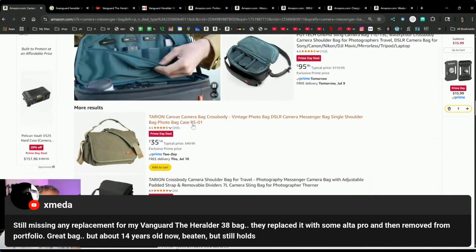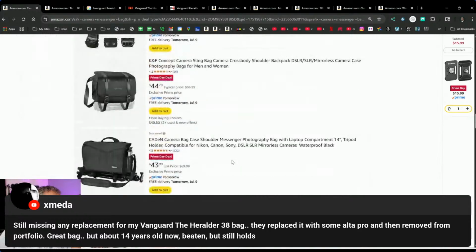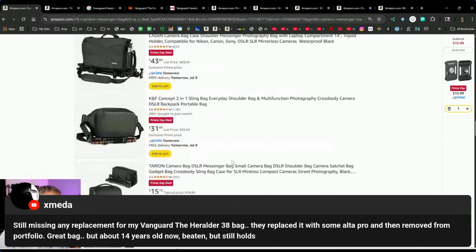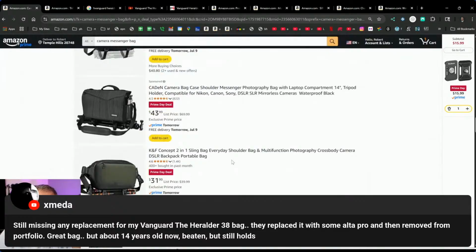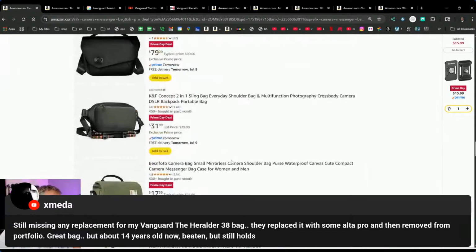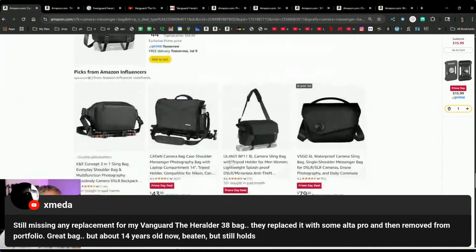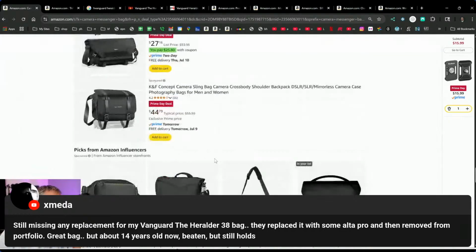Oh, this is on sale. Okay, I gotta add that to my page. This is a very good bag. And it's about the same size as the one you had, but this bag for $35 ain't gonna last 14 years. I can tell you that. That's a pretty good deal. But